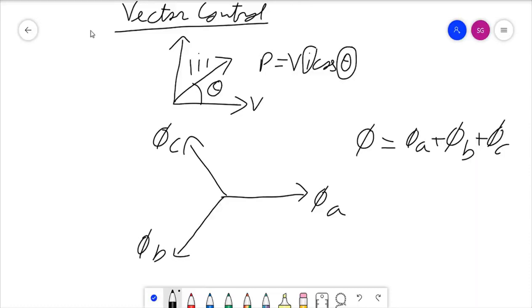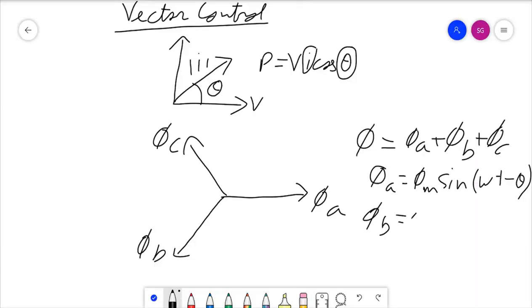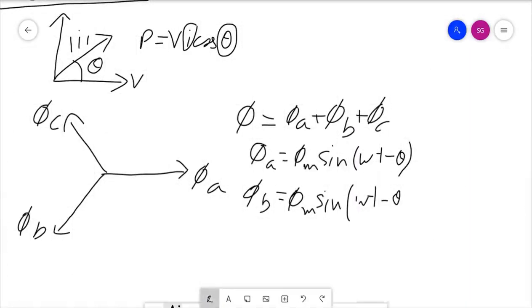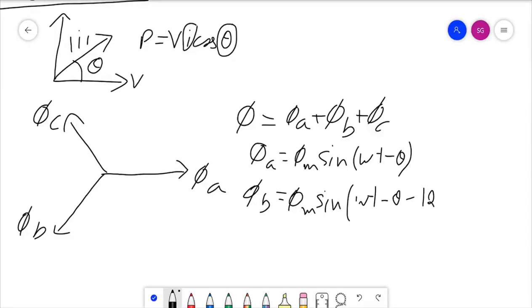We can see that phi A is represented by phi m sin(omega t minus theta), phi B is phi m sin(omega t minus theta minus 120 degrees),